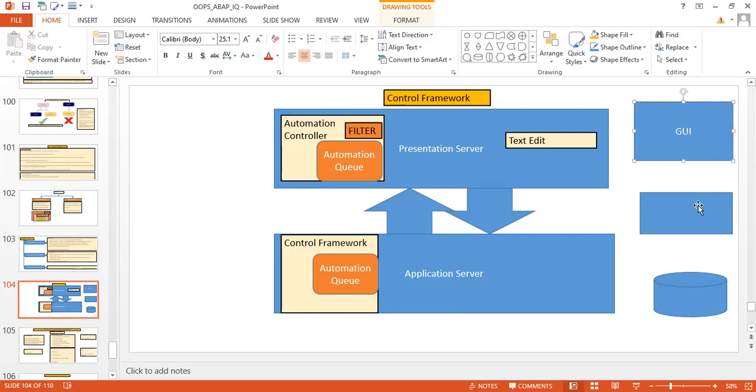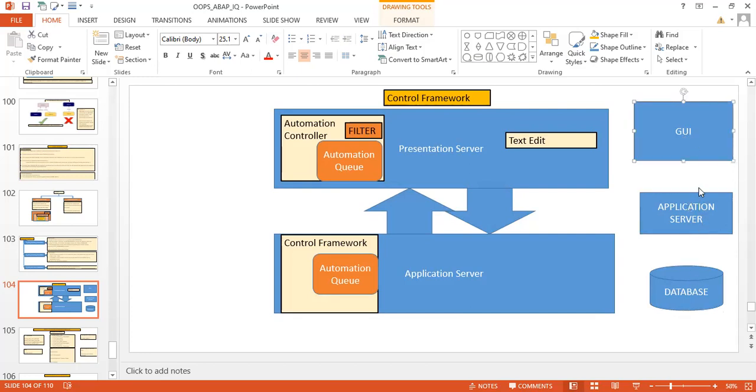The execution of the code happens on the application server layer, and the syntax check and all those things also happen on the application server layer. On the database, we store the data. If we have to fetch data, we fetch it from the database. All of these are connected through the network.